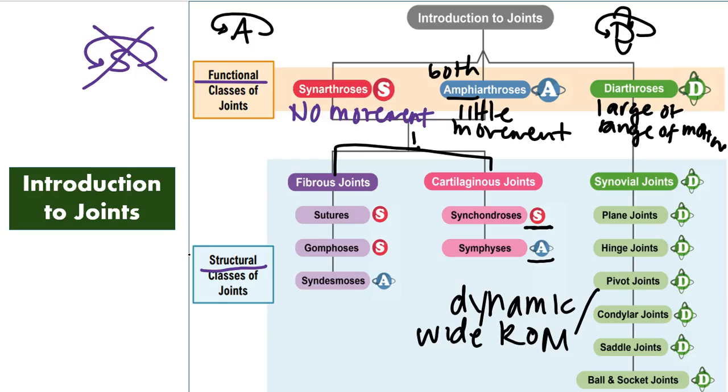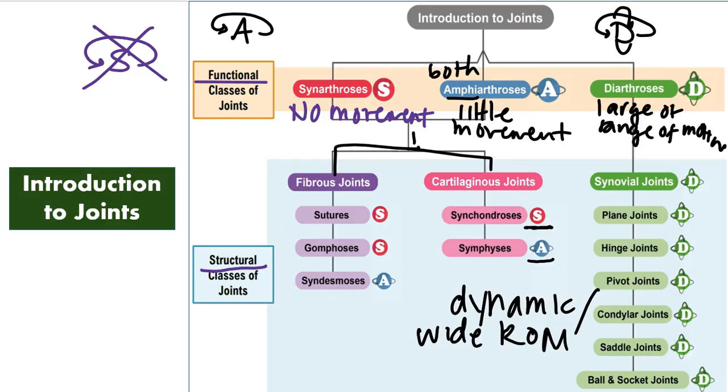So you can think of joints on a spectrum. The more a joint moves, the more engineering it needs to stabilize it, like we saw with a shoulder joint, needing a lot of muscle and ligaments, and of course the overall shape to help. And as we go along, we want to keep in the functional classes. Instead of writing synarthroses, we'll write a capital S. Instead of writing amphiarthrosis, we'll write a capital A. Instead of writing diarthrosis, we'll write a capital D next to some of the actual types of joints that we